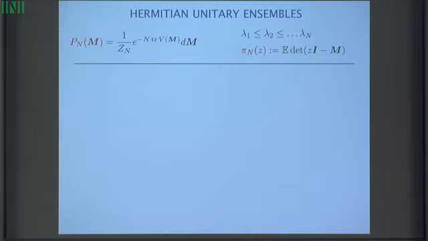Oh, by the way, it's called unitary ensemble because it's unitarily invariant, right? If you conjugate all the matrices unitarily, nothing changes. The law is still the same, so that's why it's called unitary ensemble. So this is the data. We have this probability law. We are looking at this polynomial, equivalently eigenvalues, and the answer in the limit is well known.